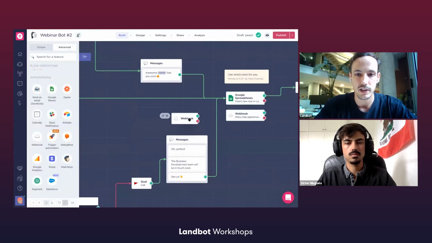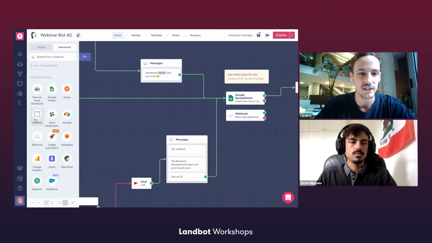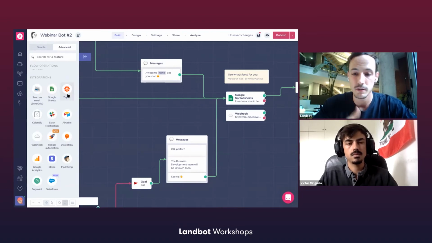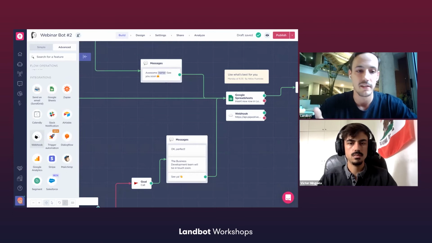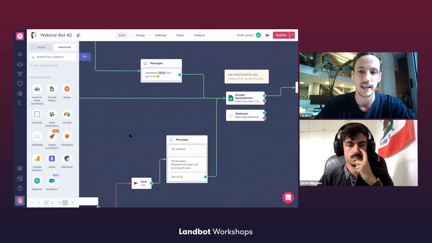So summarizing, we got three different types of integrations. We got native ones, so if you see the logo of an app here, that's probably a native integration. Then we got Zapier, which is a middleman that will allow you to integrate with a ton of tools with no code. And last but not least, we got webhooks, basically the meta integrator. You can do anything with webhooks as long as that service, middle server or third-party app has an API. You'll be able to make a call through a webhook in Landbot.